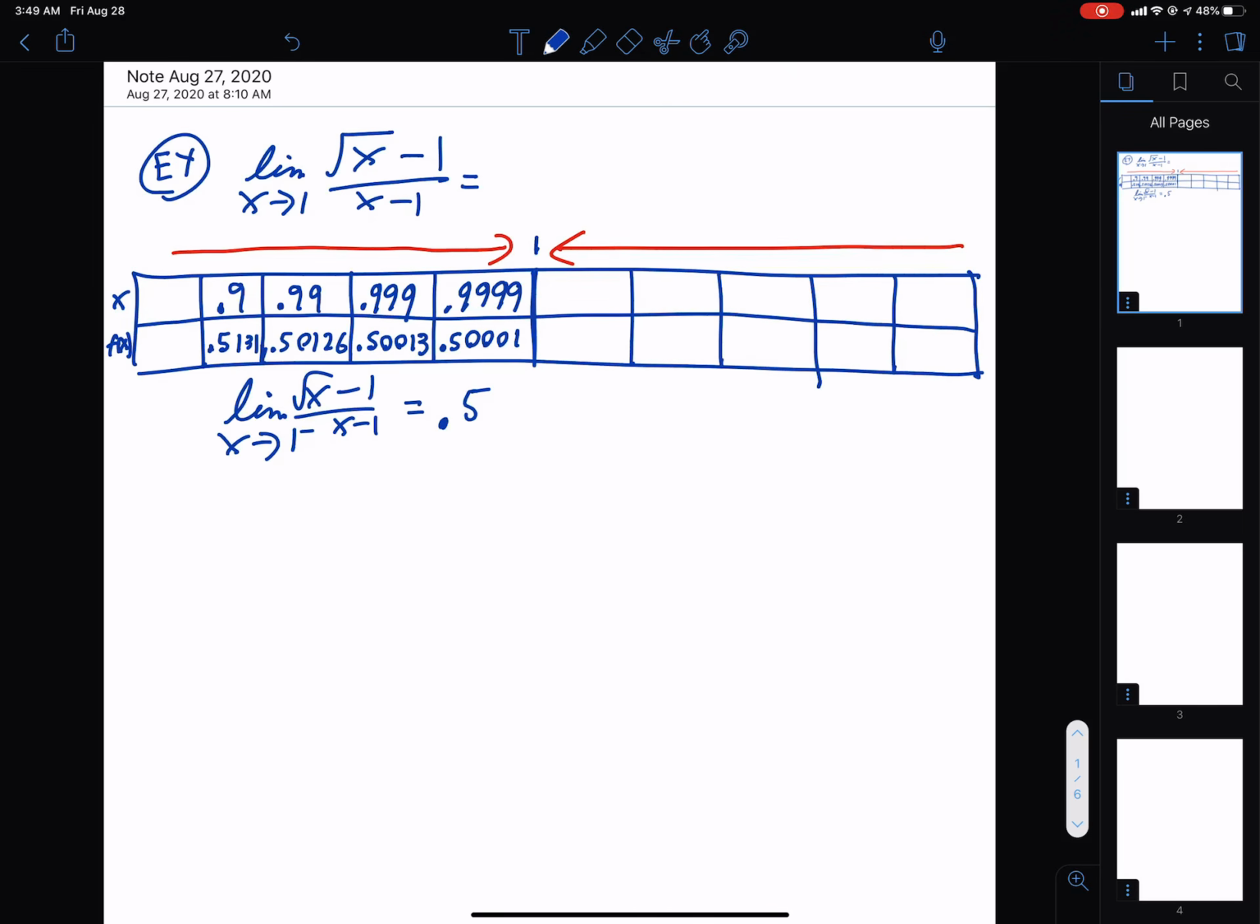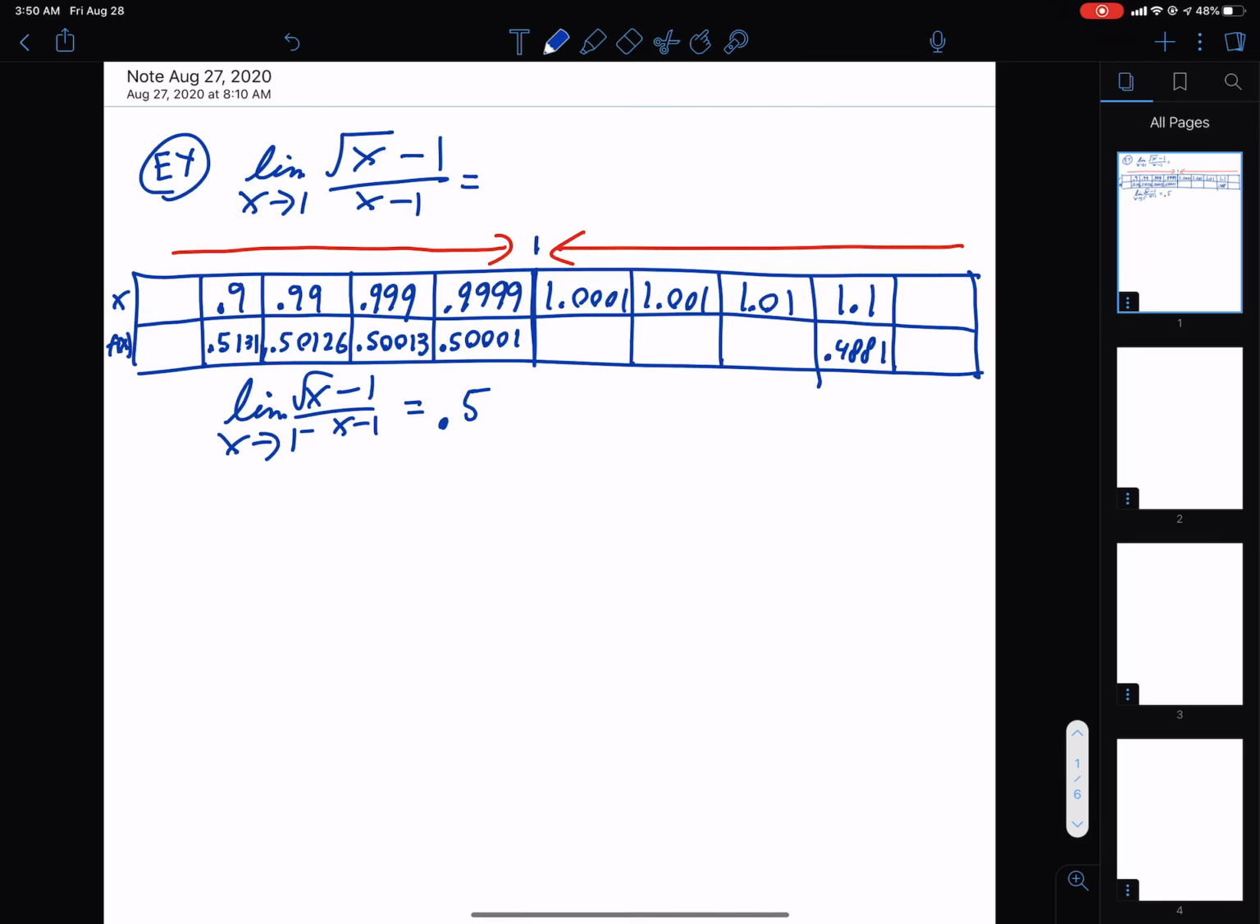And then from the right, we're going to do the same thing. We're going to start at 1.1 because that's to the right of 1. But even closer is 1.01, even closer 1.001, and closer 1.0001. Now again, you plug into your calculator, and this will get